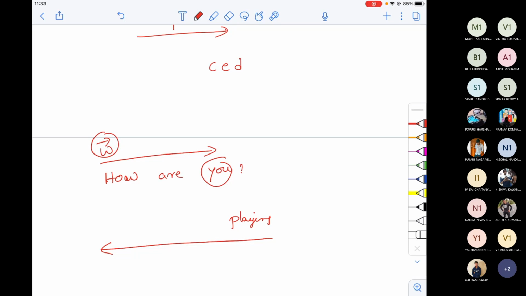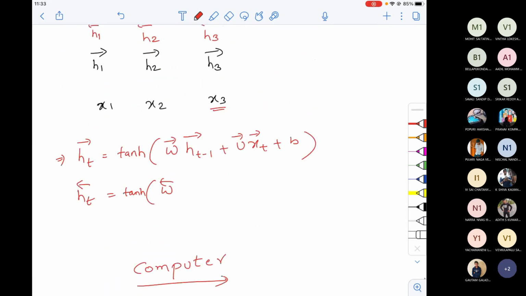Similarly, if the system needs to understand the context from the back side, from the other side of the sentence, then the weights should be different. So that's the reason we are using a different set of weight matrices. This is very, very important, guys, for you to understand the transformers concept, the BERT concept in the upcoming semesters if you take any NLP course. So that's the reason I have different weights.